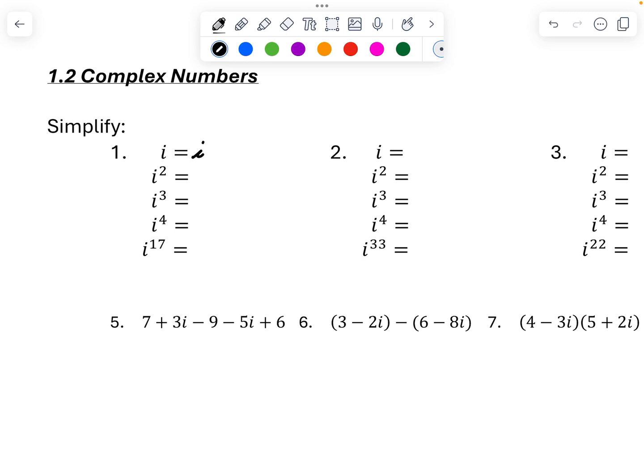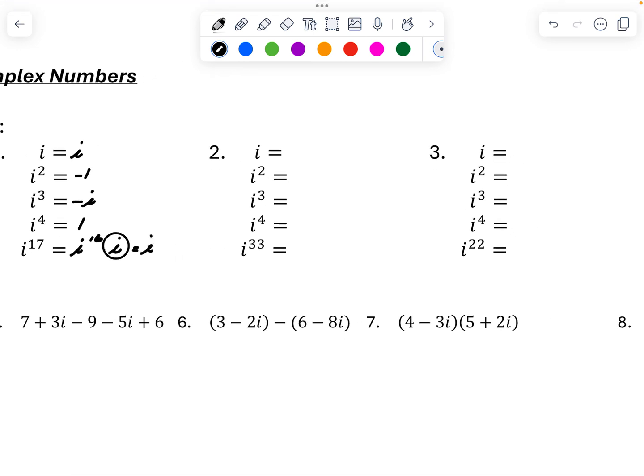i is simply i. i squared is negative 1, i to the third power is negative i, i to the fourth power is positive 1, and i to the 17th, I'm going to think of i to the 16th and i. And so my answer is going to be i. Okay, for number 2, this is i, this is negative 1, negative i, 1, and 33